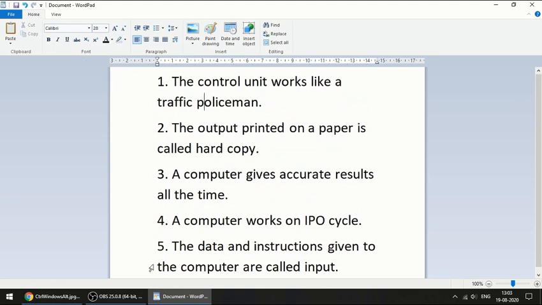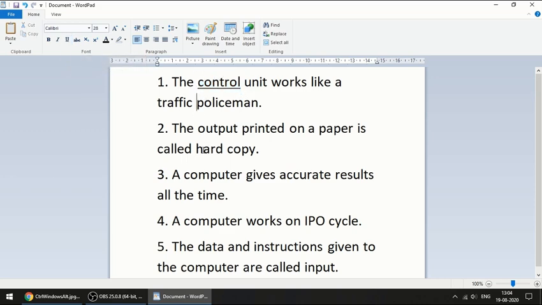Okay, now let's see the answers over here. First of all, control. In the last video I already showed you how to click and drag. So let us click and drag and select the word control. And let us go to this option. This option is known as underline. As soon as you click on it, what happens is it will underline this word.